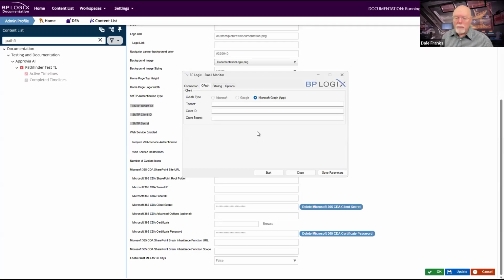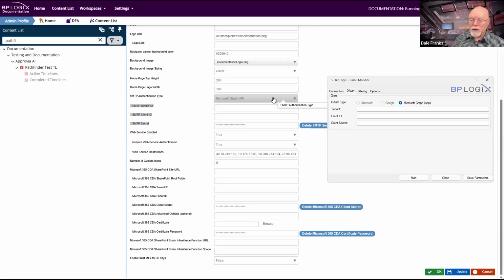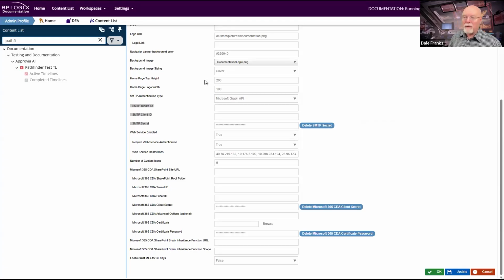So for transmitting emails out of the system, you have the ability to use the Microsoft Graph API as the SMTP authentication type. And then for BP email import, to go in and grab those emails and return them to Process Director, for example, to parse emails for task completion, for offline task completion, or whatever, you now have the BP email import application that enables you to use the Microsoft Graph API to grab those emails back from Microsoft.